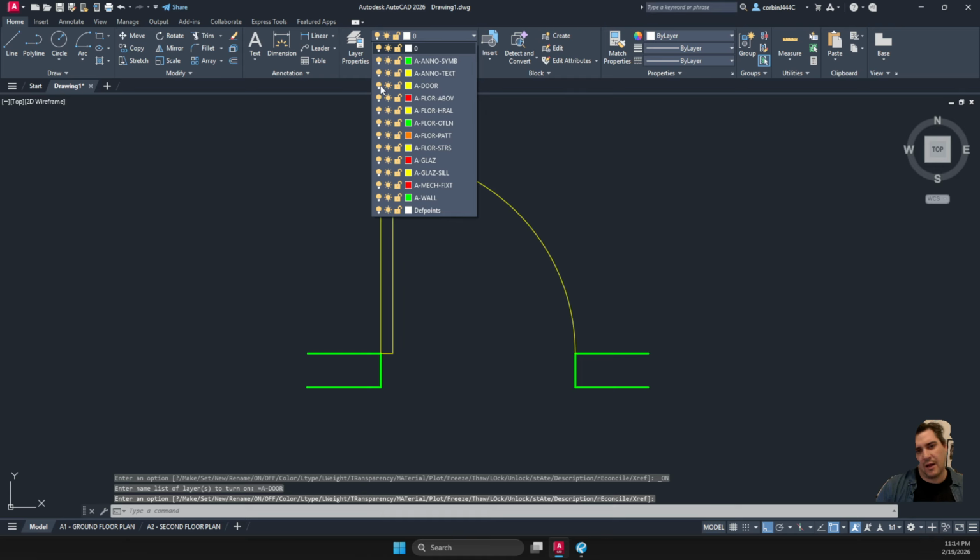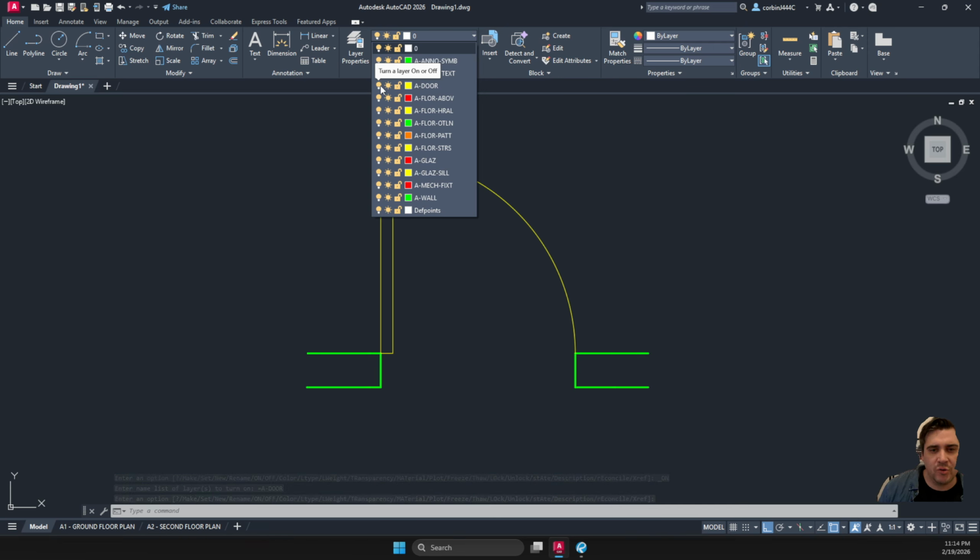and unhide button there. So that's how to set up layers, and that's how to start to change some of